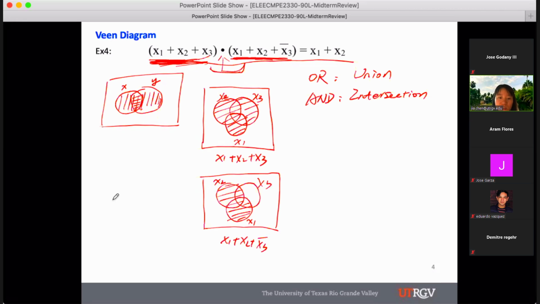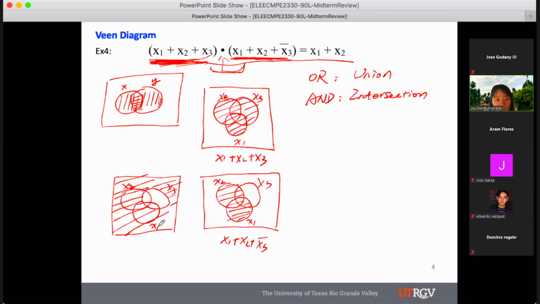What is x3 naught? Let's add it here. So x1, x2, x3, x1. So this is also x2, x3, and x1. And x3 naught is everything outside of x3, outside of the circle. It's a circle, you know. Everything inside means itself, outside means the complement of the value. So everything outside of this one represents x3 naught, right? Now this is x3